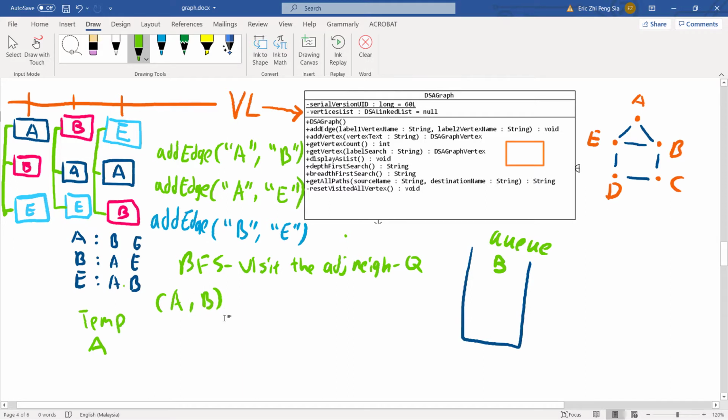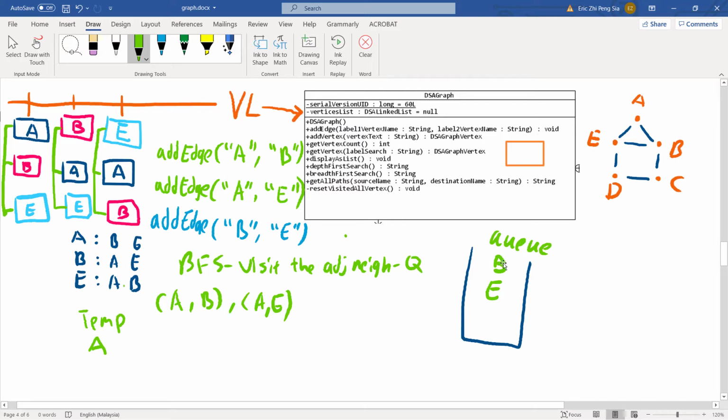Then when you go to AB, you get the next adjacent of A, which is E. E is also not yet visited, right? Then we put it in, because we are going to insert last. We print AE also. After you finish this step,